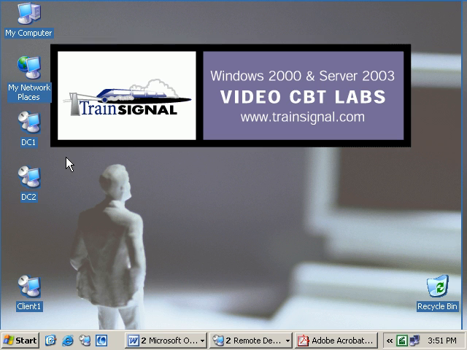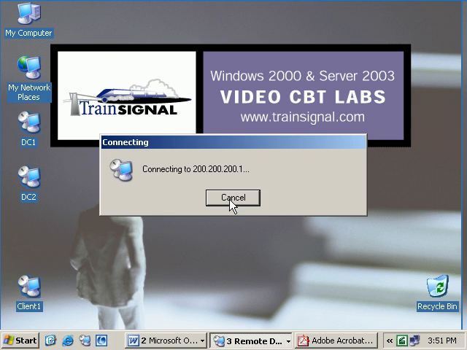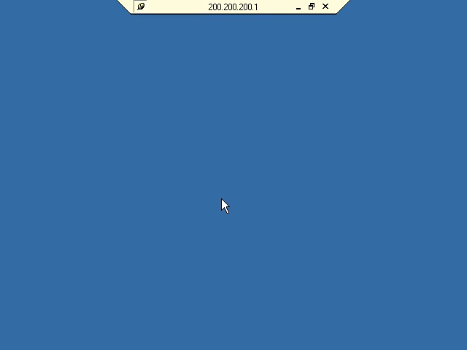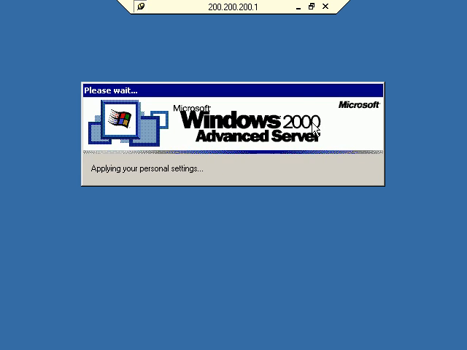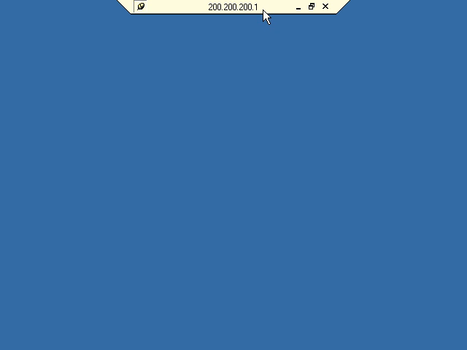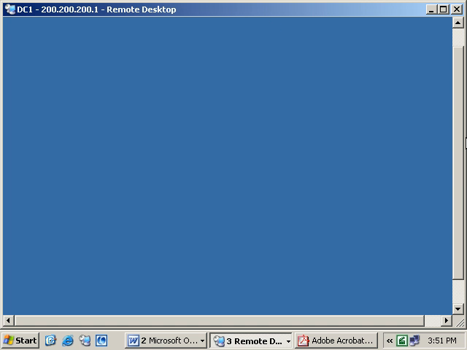Well, I'm back. DC1 just restarted, so let's make a connection to DC1, and we will take a small tour of the Active Directory. Once all the other components of the Active Directory, namely DC2 and client 1, are installed, at that time we will log in and take a full tour of the Active Directory. So let's see what changes were made on this computer, namely DC1, as a result of the installation of Active Directory. So I'm going to double click over here,